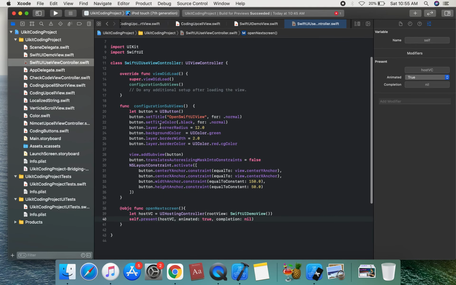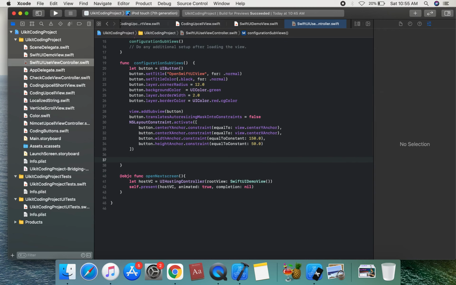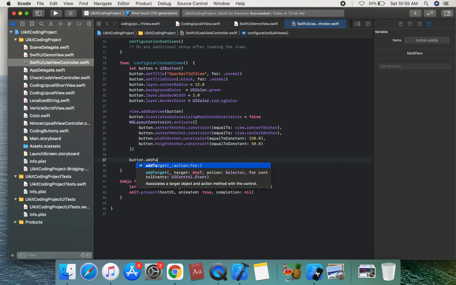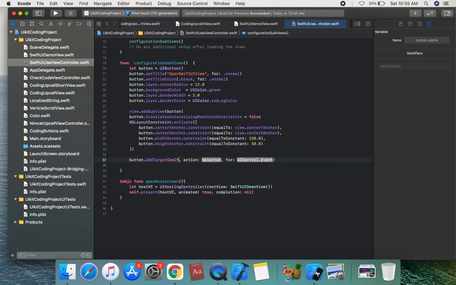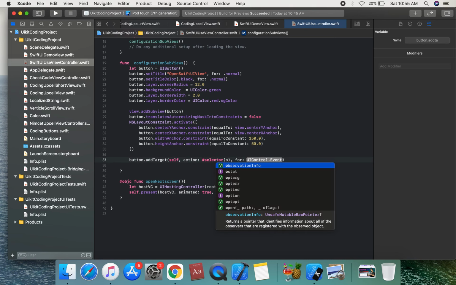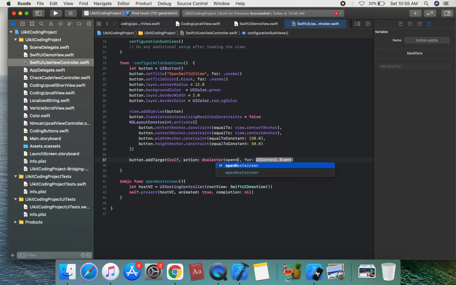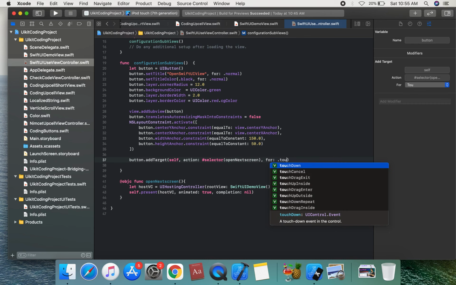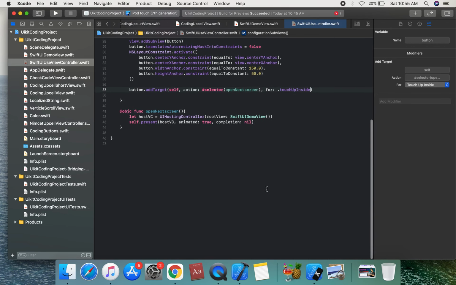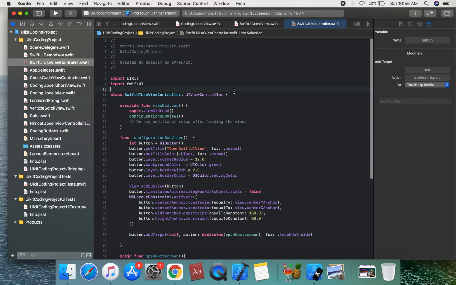We call button.addTarget on this button: addTarget, target self, and we use the #selector method, openNextScreen, with the touchUpInside event. We complete this UI.